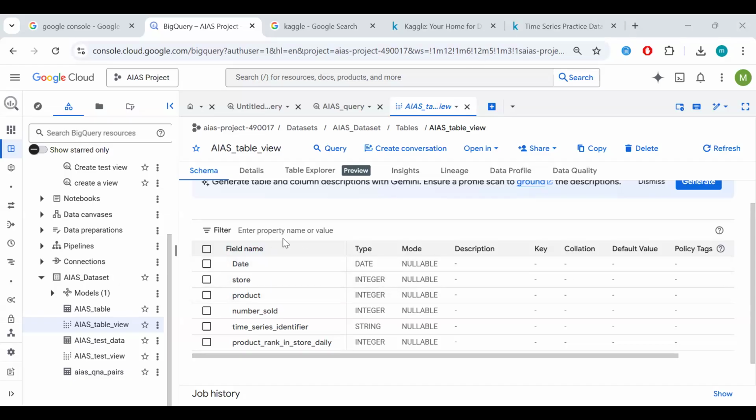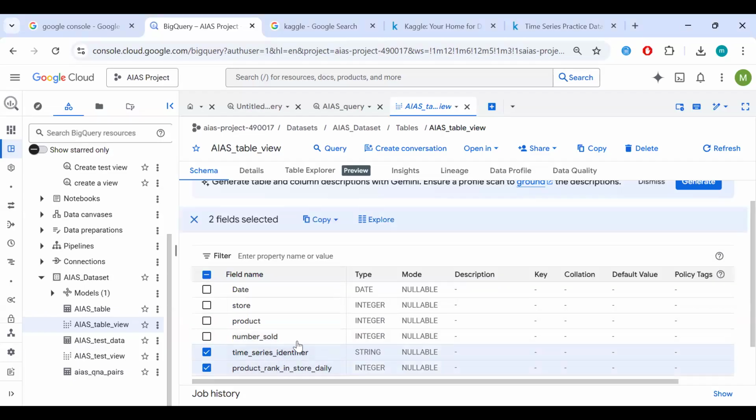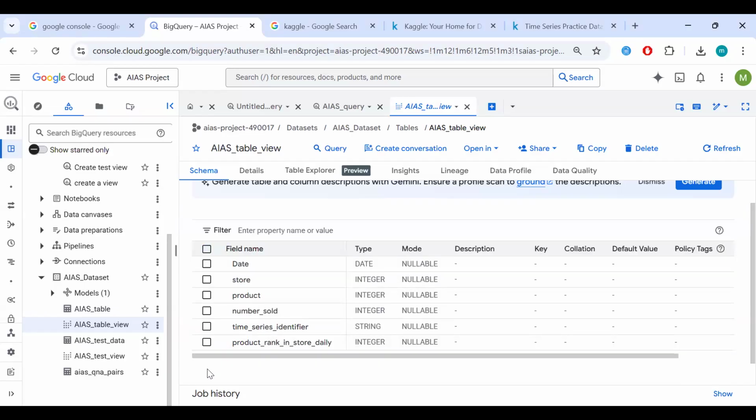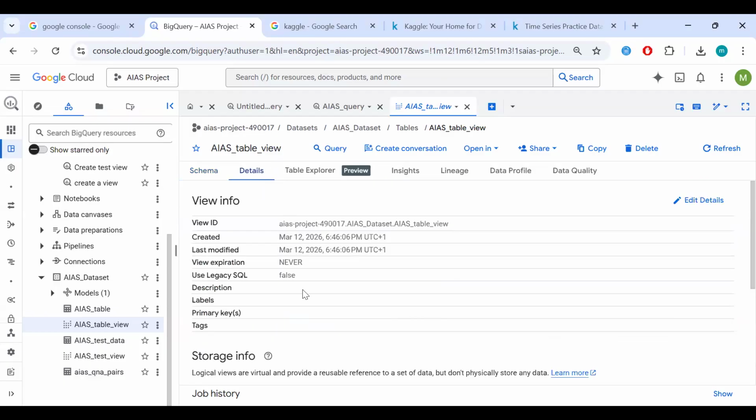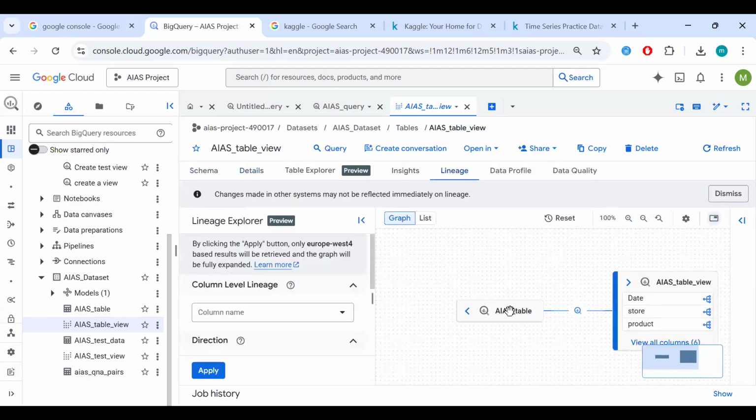So I hope we're all following. Like I said, this is our schema for our view, right? And you can see it has more columns than the original table because we feature engineered these two columns so that our model can easily learn from it. So now we have six columns in our table view. We can look at the details inside lineage. And if you look at lineage now, you see that it comes from the original automation specialist table, right? So that's how we know this is lineage. It shows us our lineage, right?